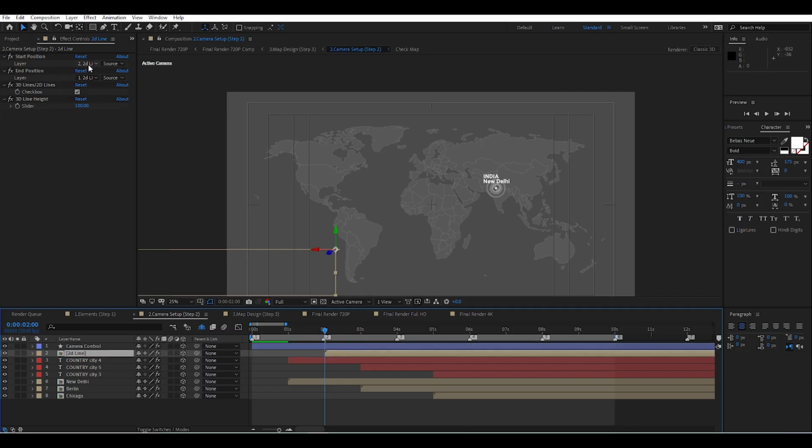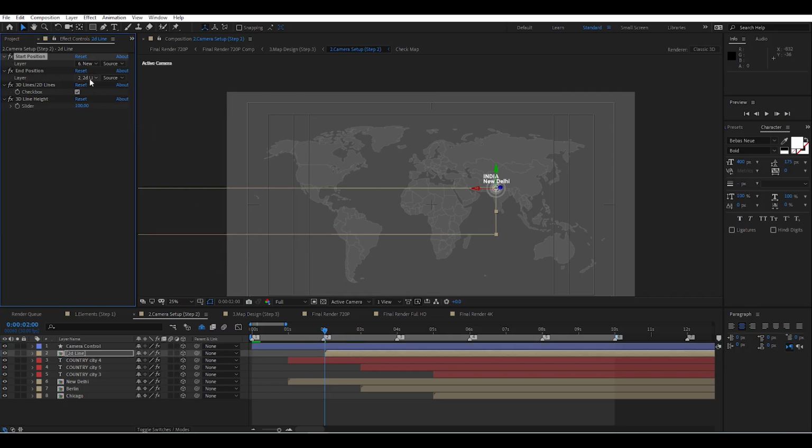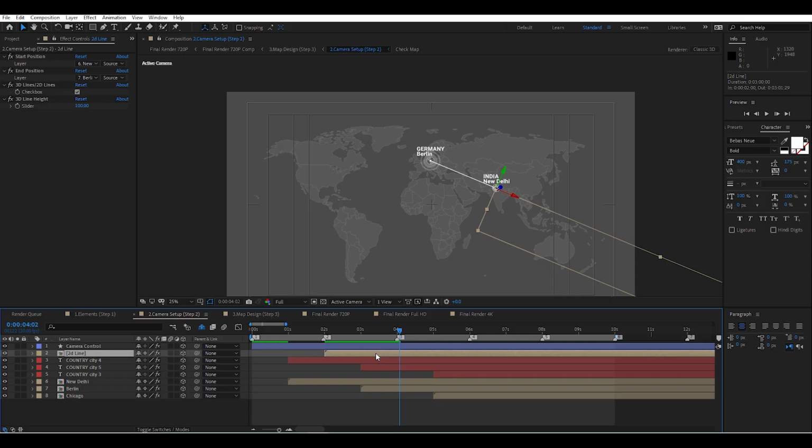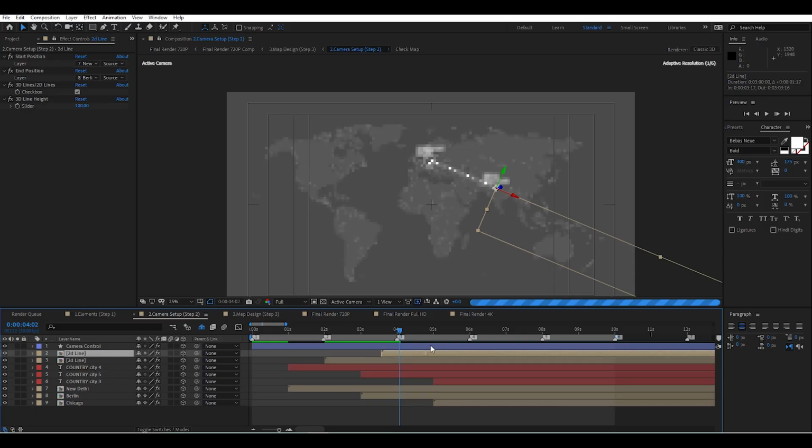The next step is the camera movement. Open Camera Rig Composition. The first layer is the resolution control. When you activate the next layer, camera settings control. Here we have